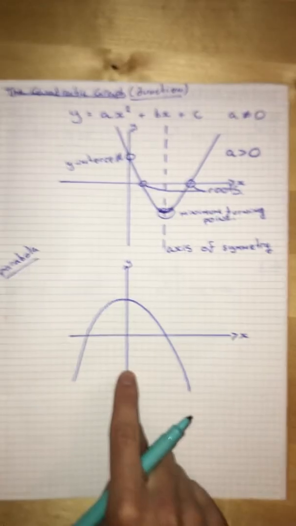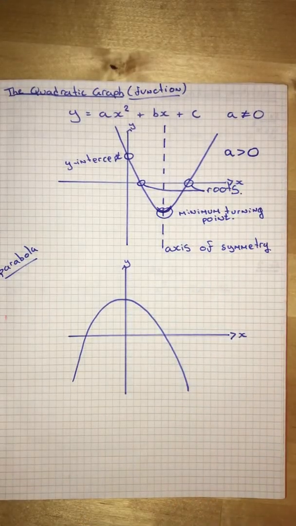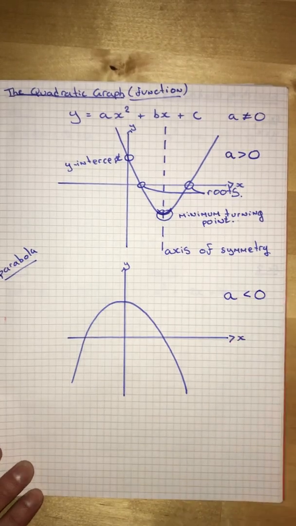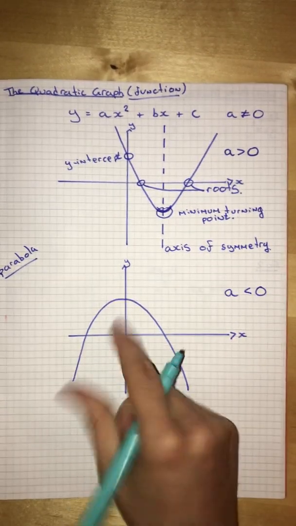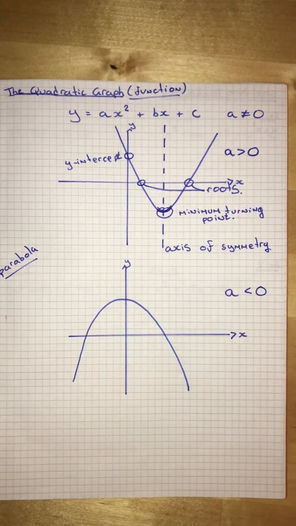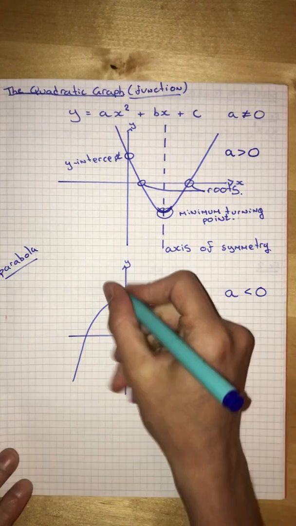Which leads us on to the next graph. What's the opposite of a being positive? Well, it's going to be that a is negative. And then that means straight away we're going to have it flipped, and it's not going to be a minimum turning point, but it's going to be a maximum turning point. But before we get there,